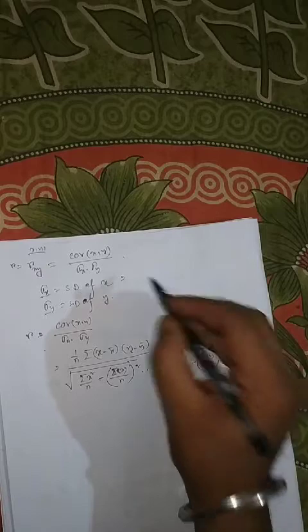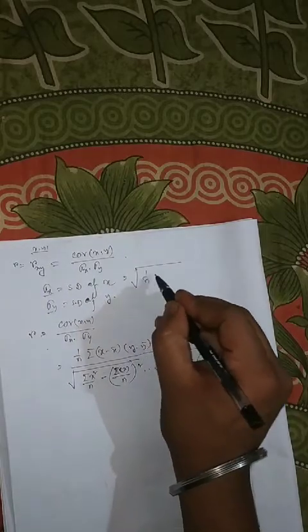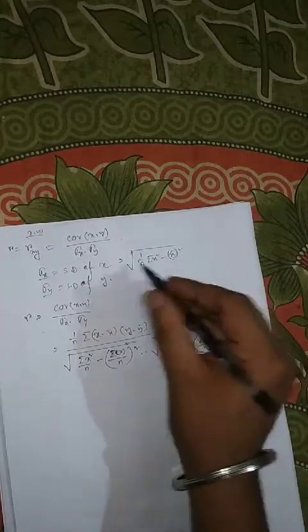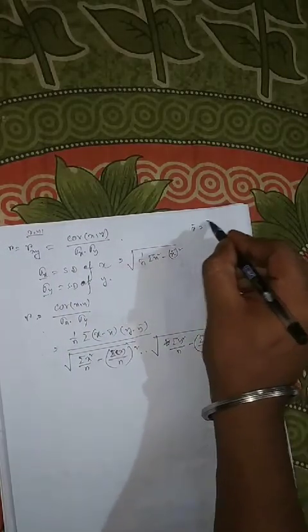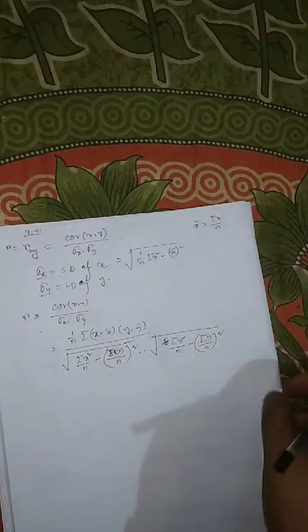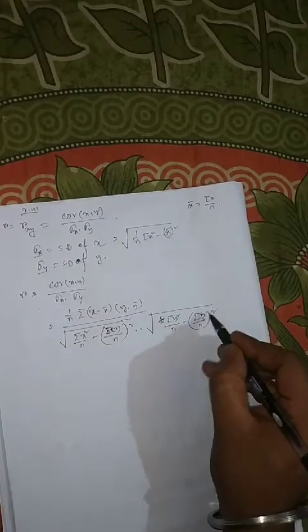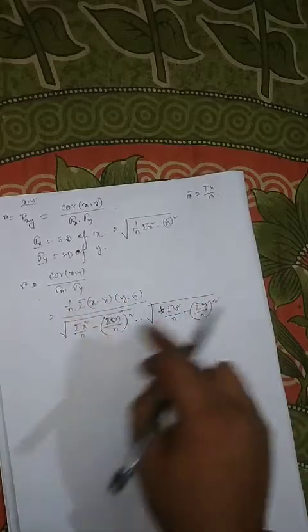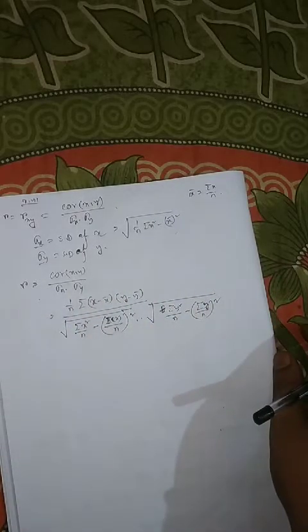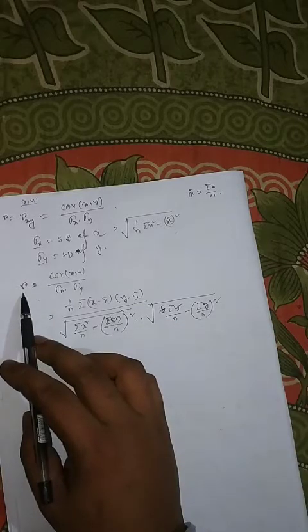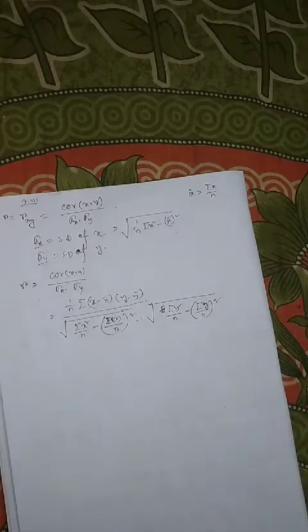Basically this is root under 1 by n summation x square minus x bar square, right? x bar equals summation x by n. So this is the given formula. Okay, we will use this formula to calculate the correlation coefficient between two variables, right? Now